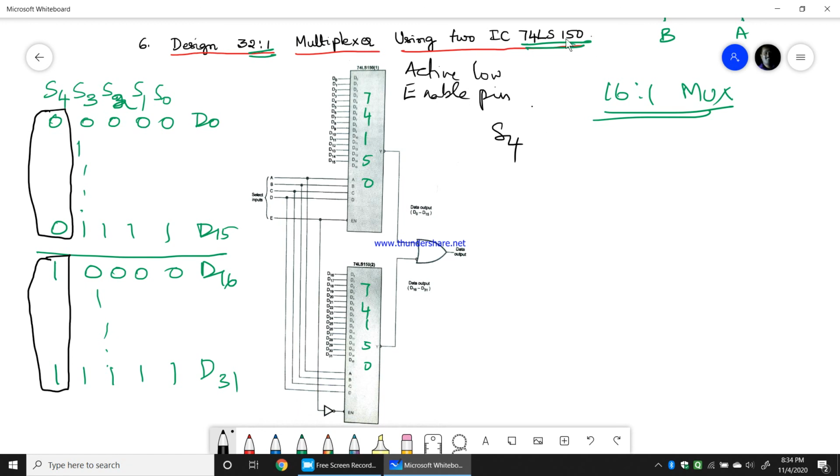See, here he is not asking you to use any other multiplexers. He is asking you to design using IC 74150. So I can make S4 the enable. For D0 to D15 to be selected, D0 to D15 is this IC, where 0 is given directly to enable. So this is enabled. From 0 0 0 0 till 1 1 1 1, you can see D0 to D15 will be selected, and that will be the output.